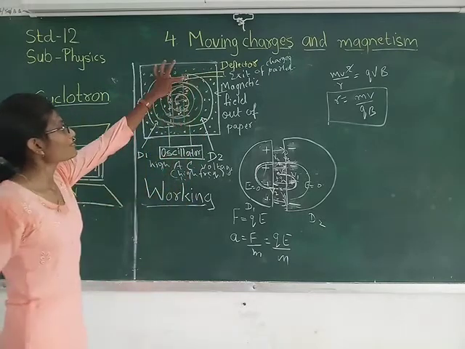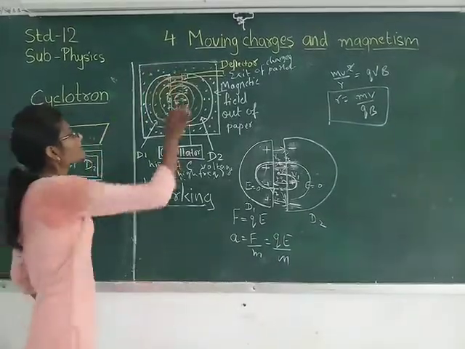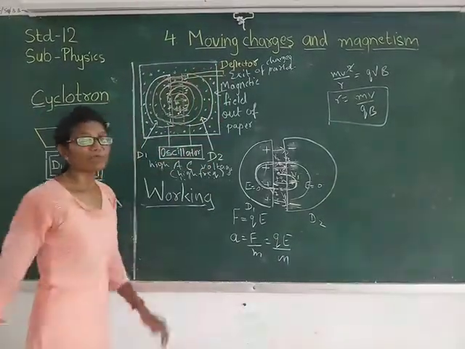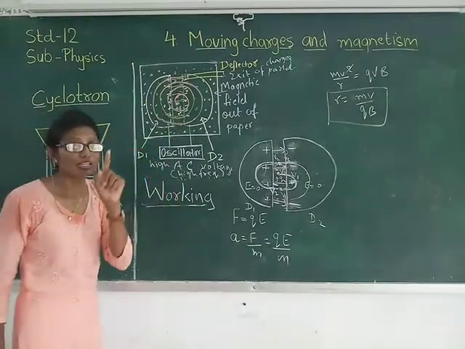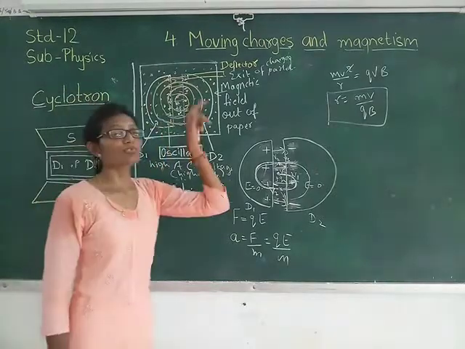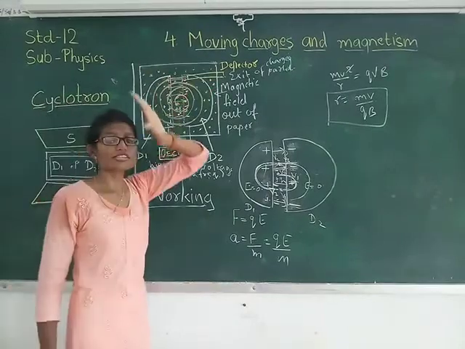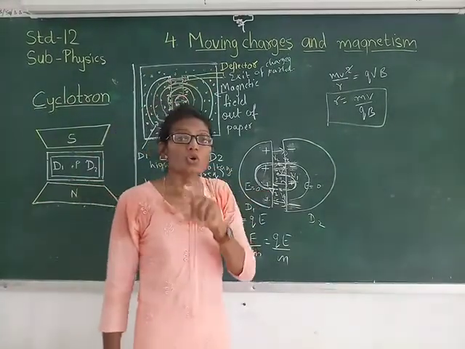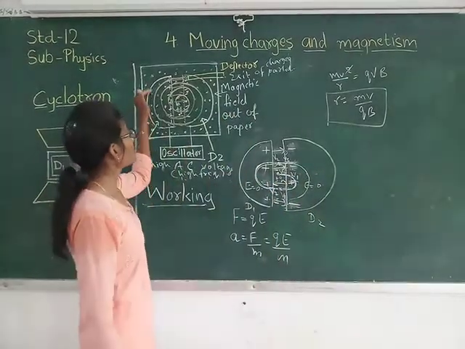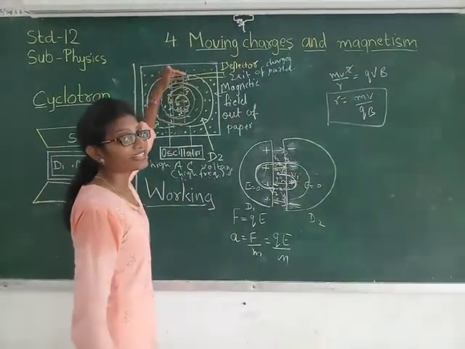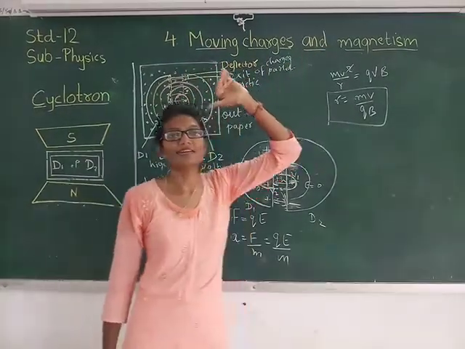And when it comes near the deflector, then what happens? Now see, this deflector will be negatively charged. Why? Because here we have taken a positively charged particle that is moving between the Ds, right? And when it comes over here, because this deflector is negatively charged, the positive charge gets attracted to the deflector. So this deflector attracts the positively charged particle and through this it gets extracted.